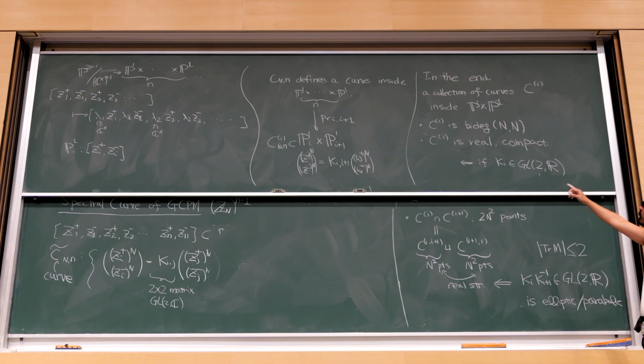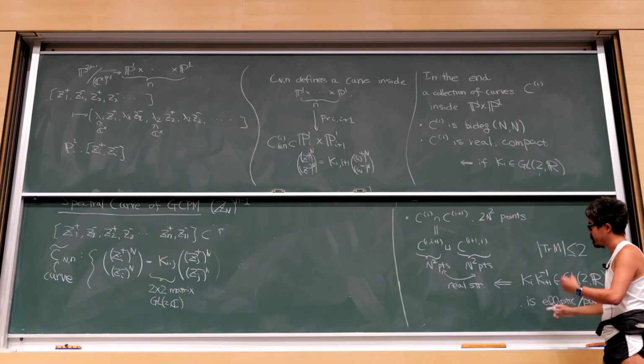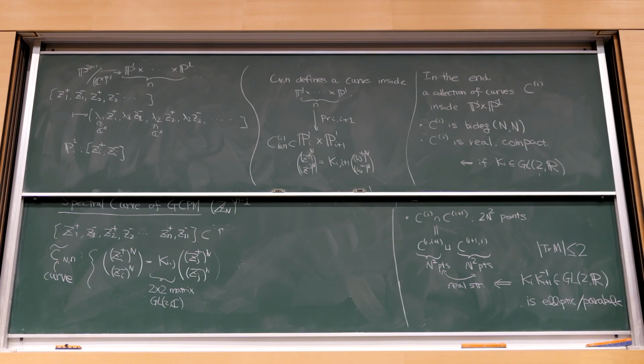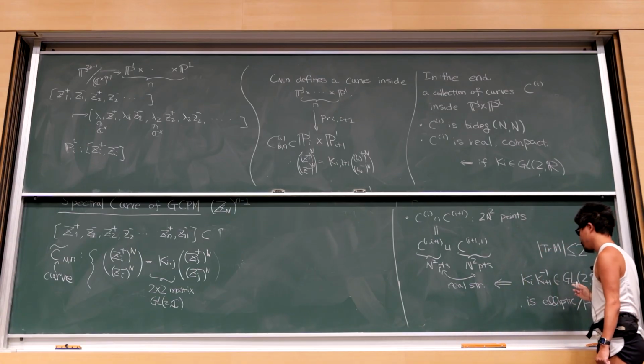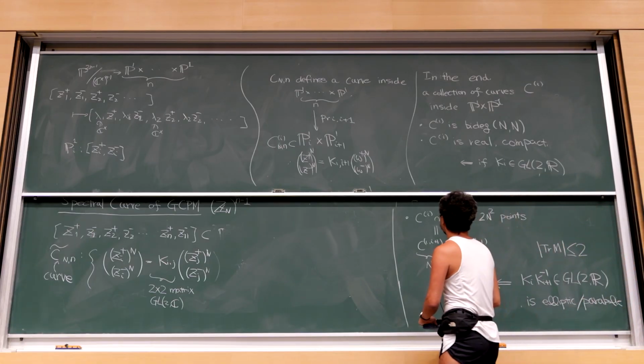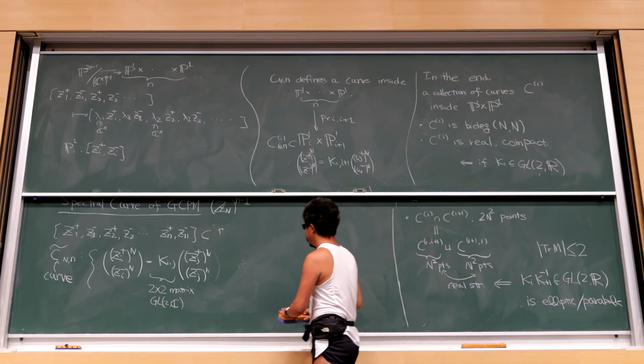And now it turns out that if you look at the description of the monopoles in Murray-Singer, that's the type of description they find. In other words, you have a collection of curves inside P1 times P1, each of degree n comma n, and it's real because I want a real solution. And then we have to see the Dynkin diagram type structure for SU(N). And that's specified here. So you consider i plus 1 because it's connected inside the Dynkin diagram. And then that's the condition. And you have to impose some condition on the K. But if you impose that, that's satisfied. So these data define